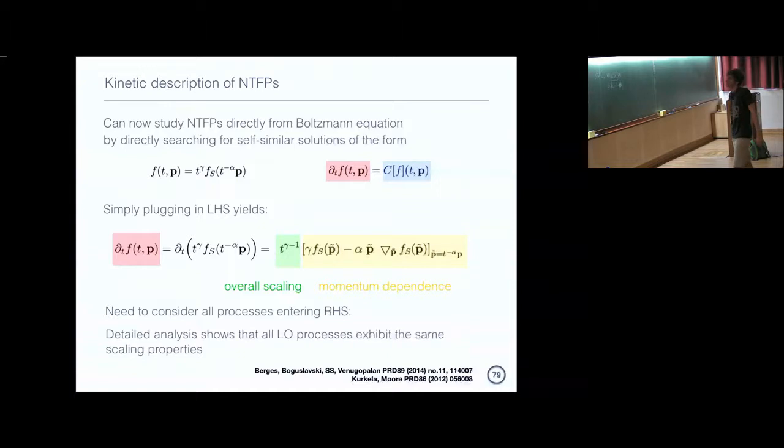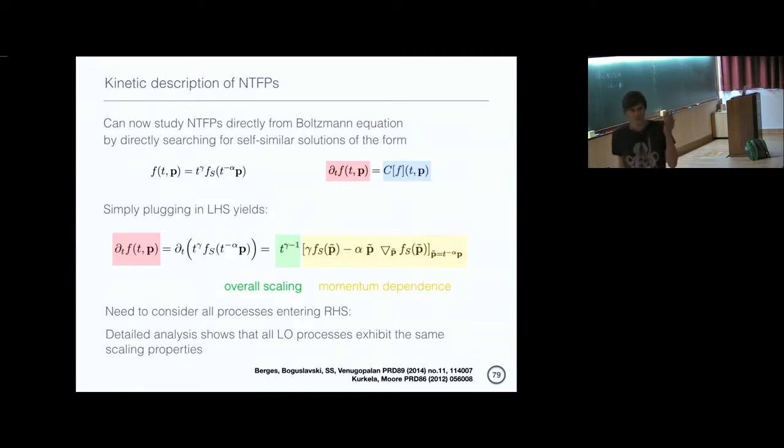The interesting thing that happens once I do this is that I get a factorization into two kinds of components. One is an overall evolution of this scale factor, which goes with a certain power of this exponent, gamma minus 1. The other one entirely characterizes the momentum dependence in terms of a rescaled momentum, which is this p twiddle. Once you call this p twiddle, this is essentially independent of time. That's already quite remarkable: just plugging something like this in, you have factorized the time and momentum dependence of this collision.